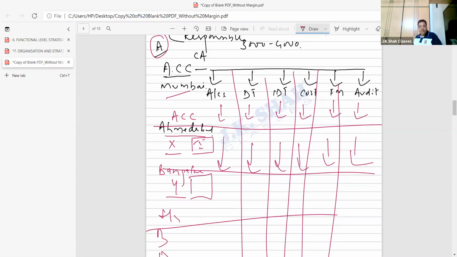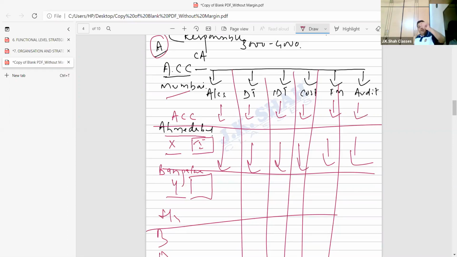How in a construction company? Imagine I have a construction company, beta, and I get the order to construct a housing complex in one part of Mumbai. That housing complex is constructed in 2 years. After 2 years, what will I do? I'll close the company? No, man. I will get an order at some other place now. So what will I do? I will start having that kind of division at different places. Result is what? All the places construction work will go on.